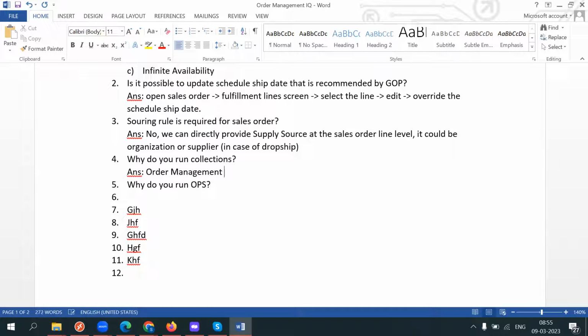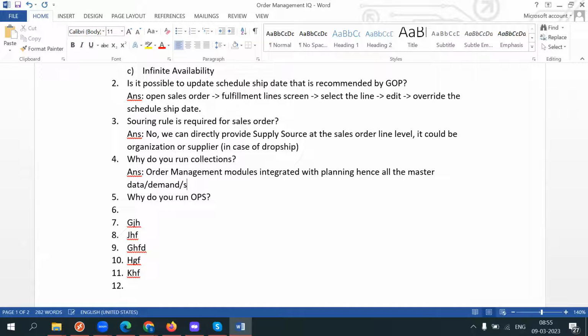Order management module is integrated with planning. Hence, all the master data and demand, comma, supply